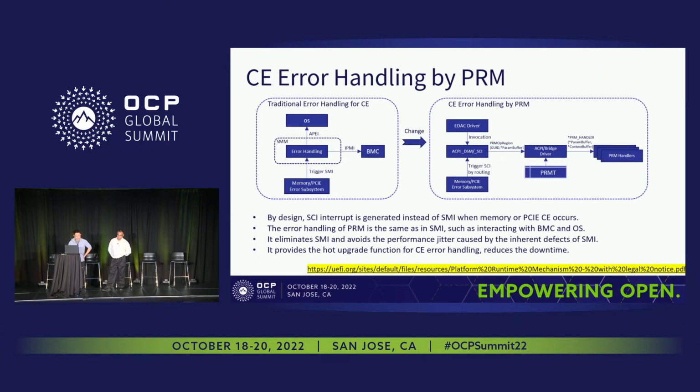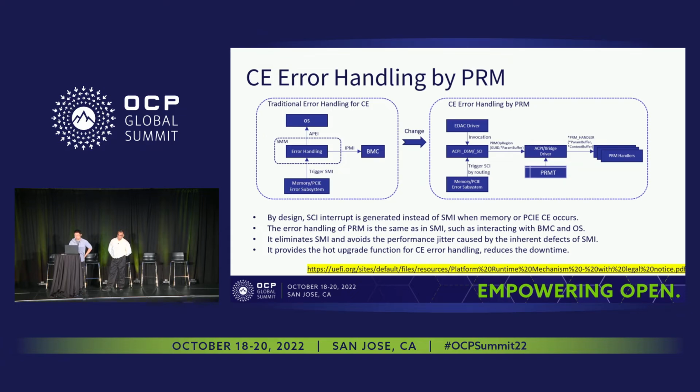Okay, then we take a look at the second issue. Due to the inherent defects of the SMI, we have a lot of jitter due to CE handling. So in this case, we have proposed to use SCI interrupts instead of SMI. And you know SMI is an assembly-based language, and it's quite slow in BIOS and has limited functions. So basically, we put the PRM table and the PRM option region in the DRAM. And we put a piece of UEFI code into the DRAM,